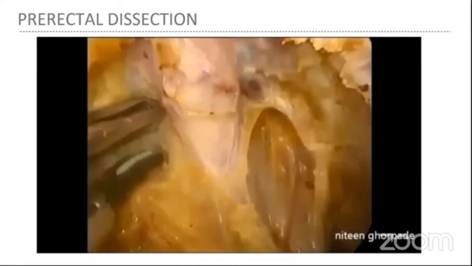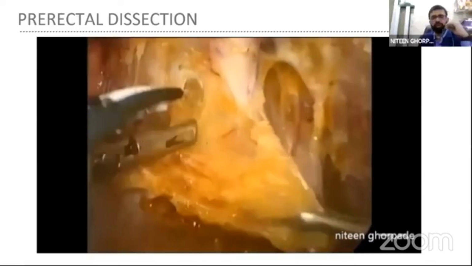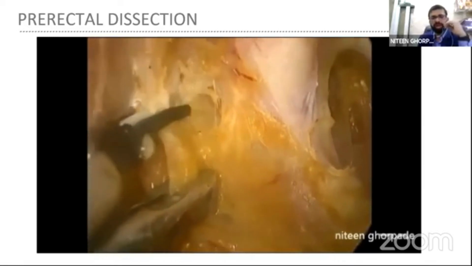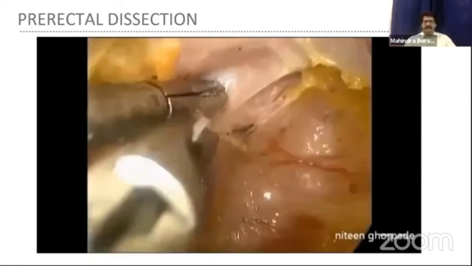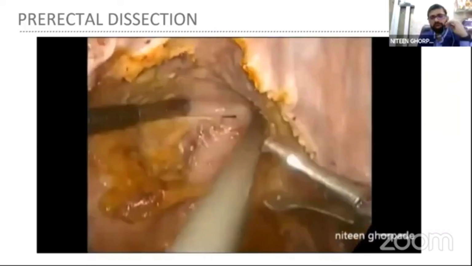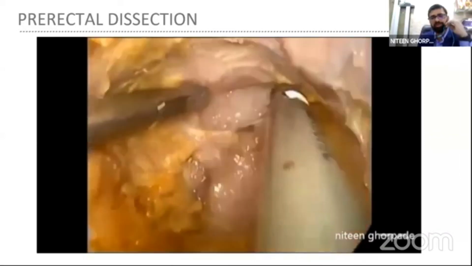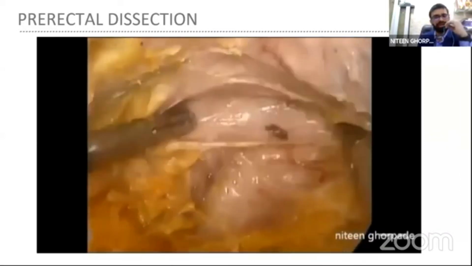At the end, I will say, if you dissect without knowledge of the retroperitoneum, you are like Abhimanyu. You know how to enter the Chakravyuha, but you don't know how to come out. So good knowledge of the retroperitoneum is very important in difficult situations. And second thing is, when you operate, try to operate in a state of flow. For that, you should maintain 4 things. First, you should know the optimum use of your instrument. Second, good knowledge of anatomy. Third, you know how to manage complications.